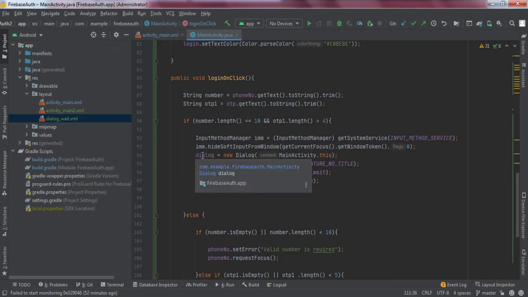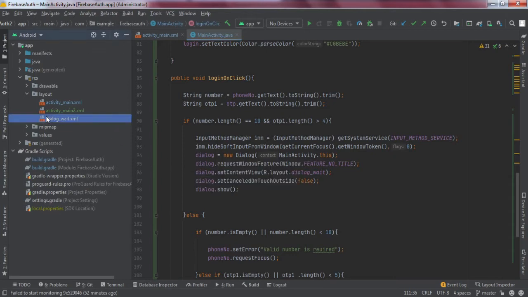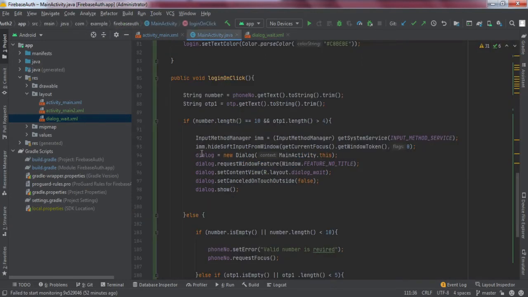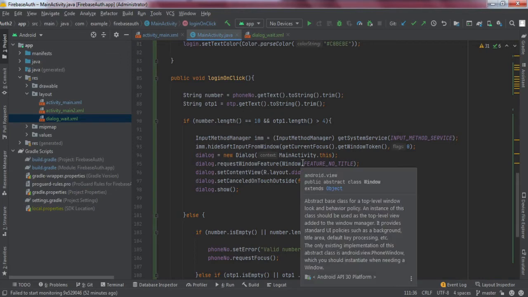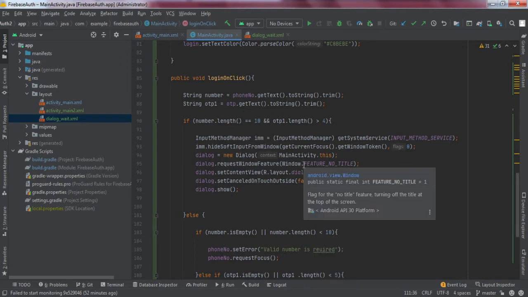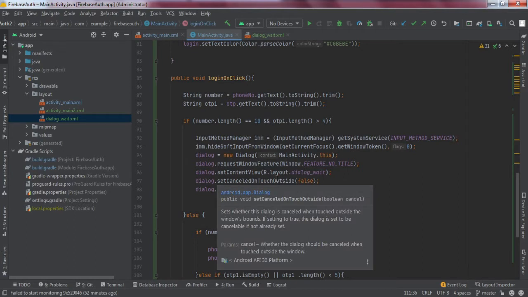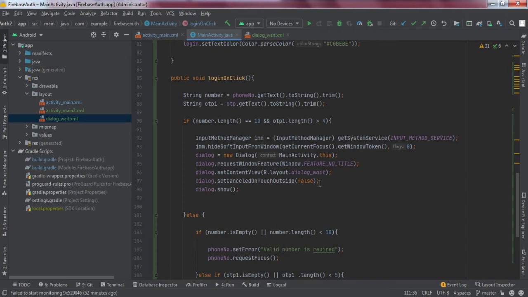The second thing, after that, what we have done is, here you can see that we have made a dialog box, right? Progress dialog box. So we have made an object of a dialog box, set the feature for no title. That means this dialog box will not be having any title. We have set the layout and set the cancelable on touch outside false. That means while this progress bar is going on, we are doing something at the back end. The user should not be able to close this dialog box, so we have set setCanceledOnTouchOutside equal to false. Then we have called the show method. That means this dialog will be shown, right?